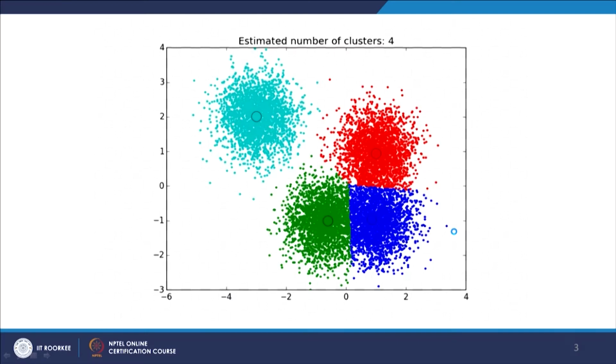This is just an example where the estimated number of clusters is 4, shown in different colors: light blue, dark blue, green and red. Each one depicts a particular cluster. This cluster is the farthest from the other clusters, but these 3 clusters are very close to each other. This is just an example to depict how clusters are formed, like for example the species I mentioned.